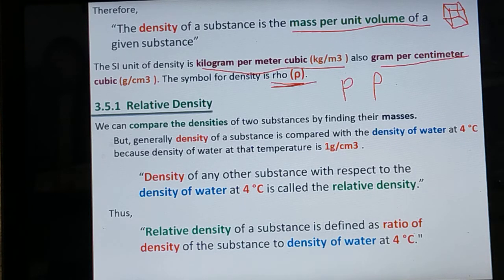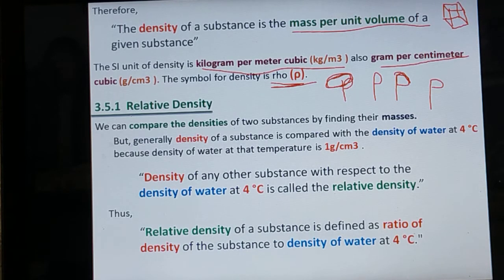Able to follow? Have to start this way, then make the symbol like that. This is rho. That means what? This area has to be somewhat curved like that. But P is not like that. Listen over here. But rho has to start this way and make it curved like that, and has to end like that. This is rho.